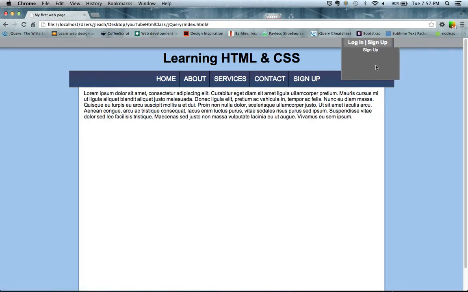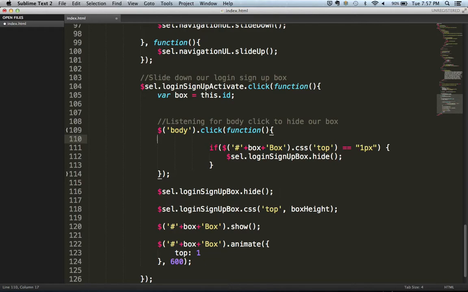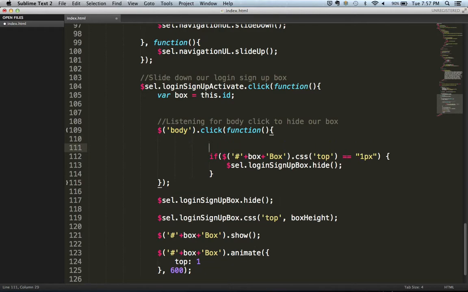But then we come to the problem of when we click on the box itself, the box disappears, and obviously we want to change that because we want the users to be able to click into the input box here, or click a button, or click any other thing else, or just click on here, and we don't want to do anything. So to do that, we're going to actually stay within our click function here, and then we're going to test if you are hovering over it, and then if you are, we want to not allow you